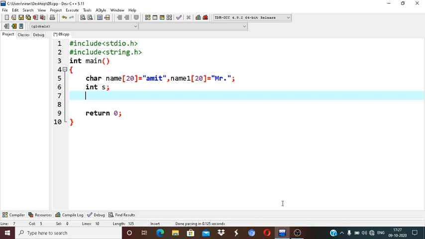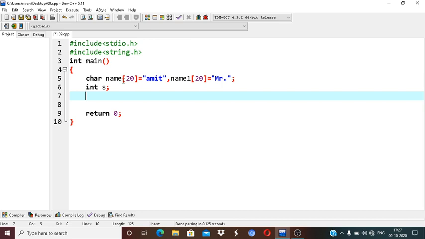The strcmp function is used to compare two character strings. It returns zero when two strings are identical. Otherwise it returns the difference in ASCII values of the first mismatching character.